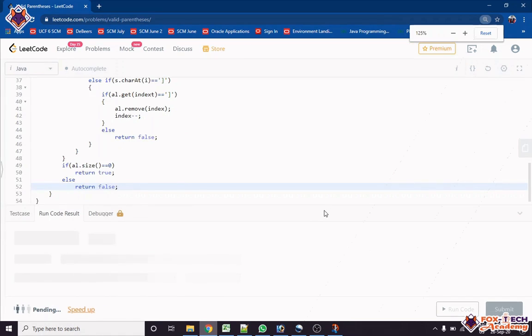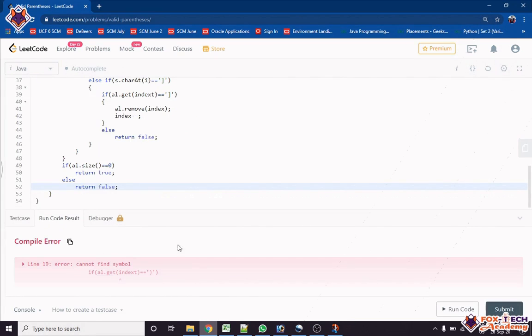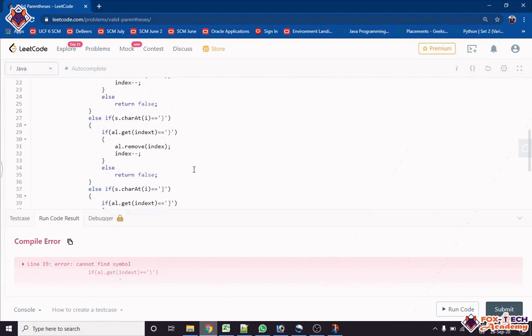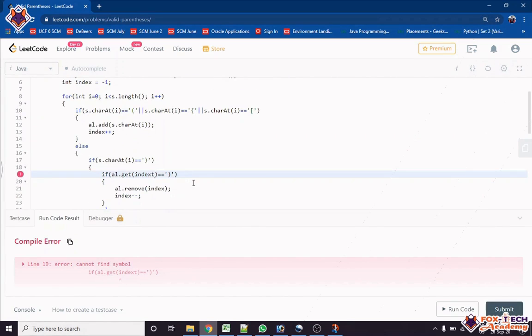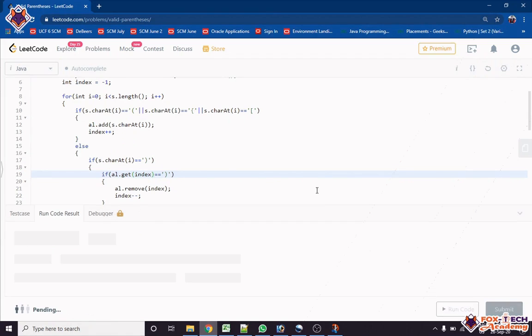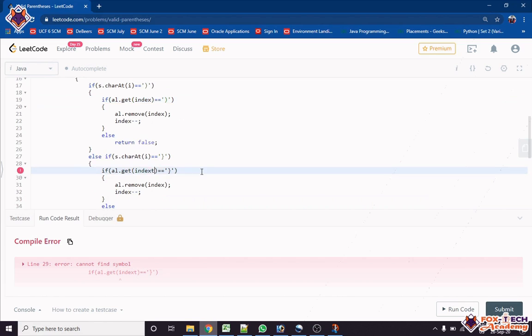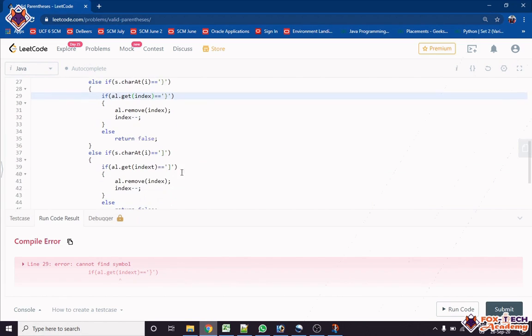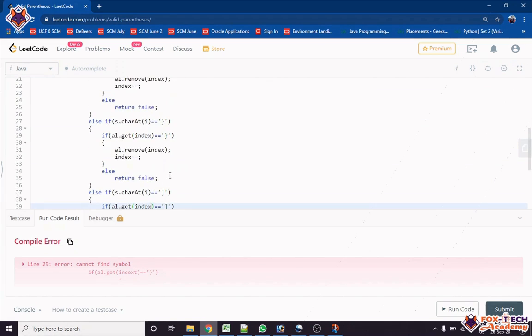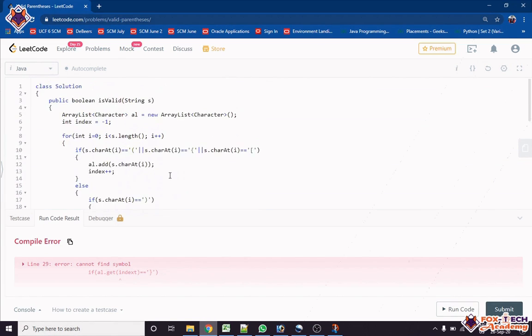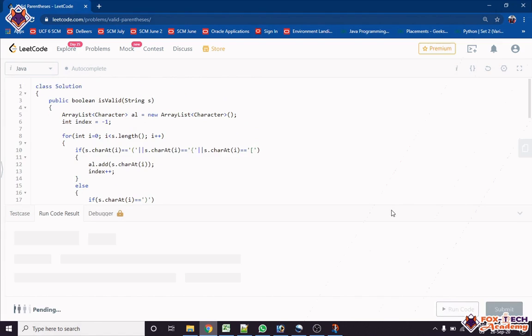Let's check what happened. Okay, error: not get index. Sorry, I have used the wrong spelling, a spelling mistake, INDEX. Let's run this program. Go again, index 29. Why have I used an index xt? Okay, because I have copied this one, so I have to check it. Yeah, fine.